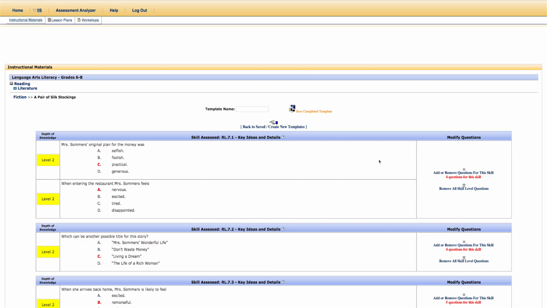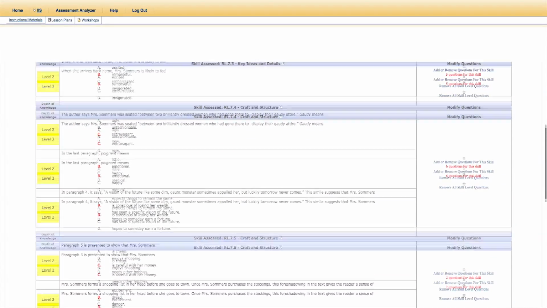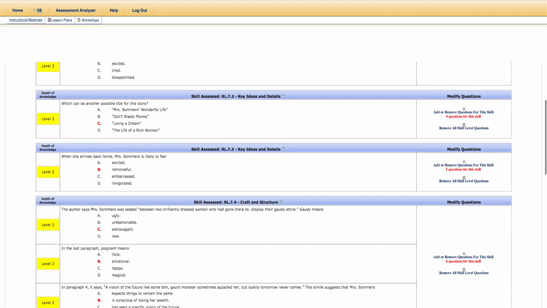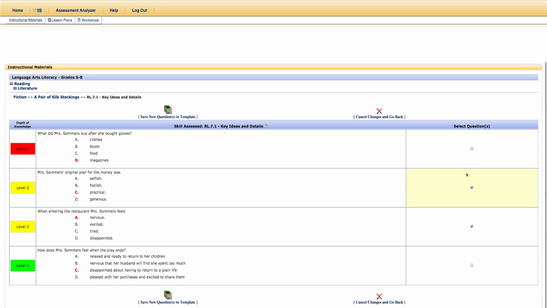When selecting questions, it gives you a list of our skills that are being assessed. You can mouse over and get a brief description of that. And it lets you know how many questions we have for that skill. So this skill has 4 questions. I can add or remove some of these questions by clicking on it and checking off the questions that I